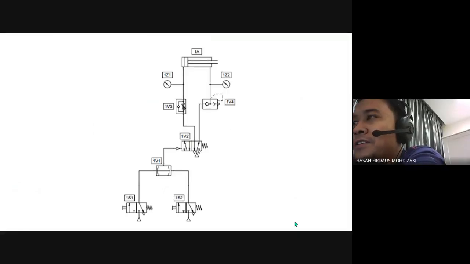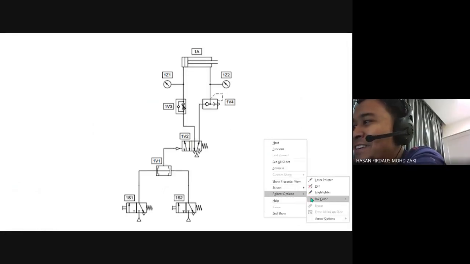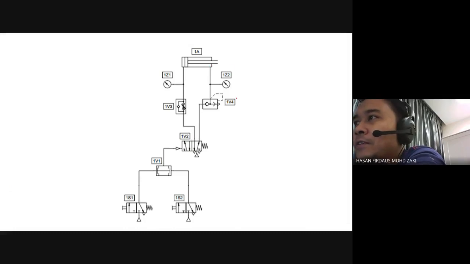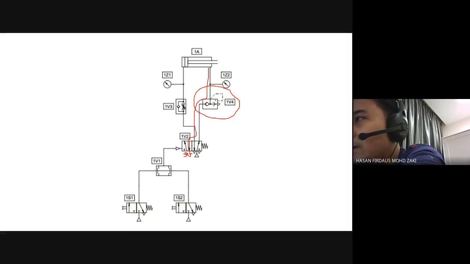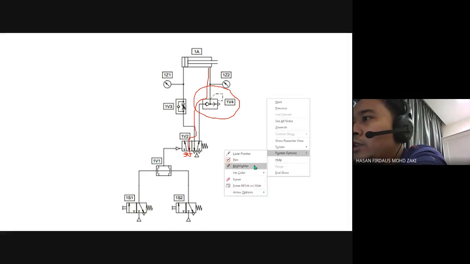So this one is quick exhaust. Okay, quick exhaust valve. Quick exhaust means that, instead of going through here and then exhausting through this port, port 3, into the atmosphere, we will go directly to this and then directly to the atmosphere. So normally this one is put near the